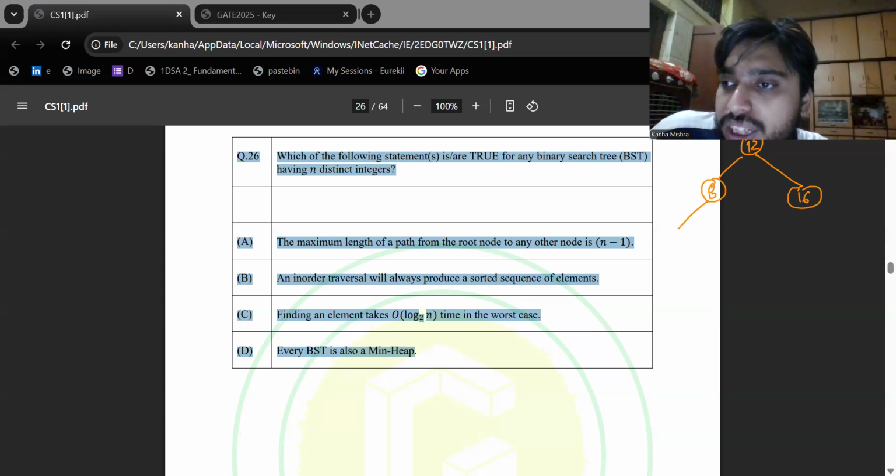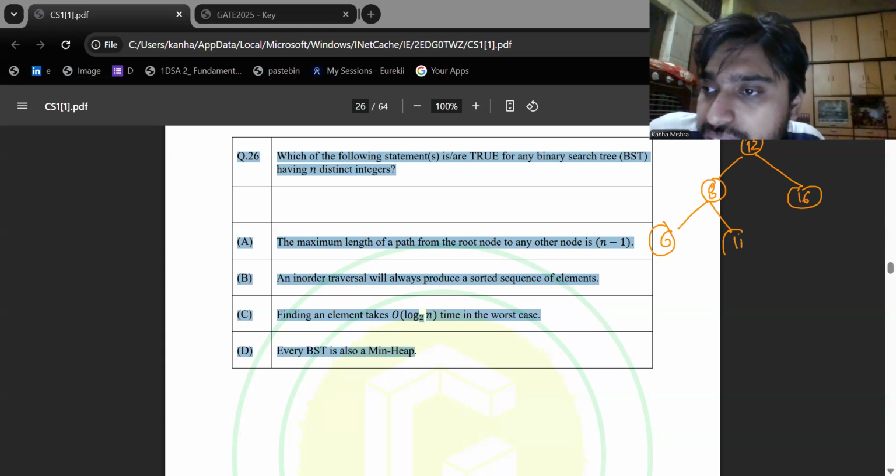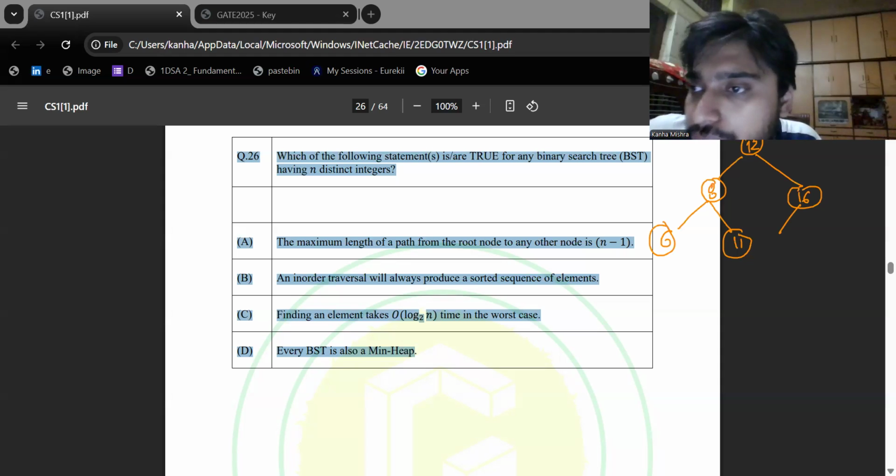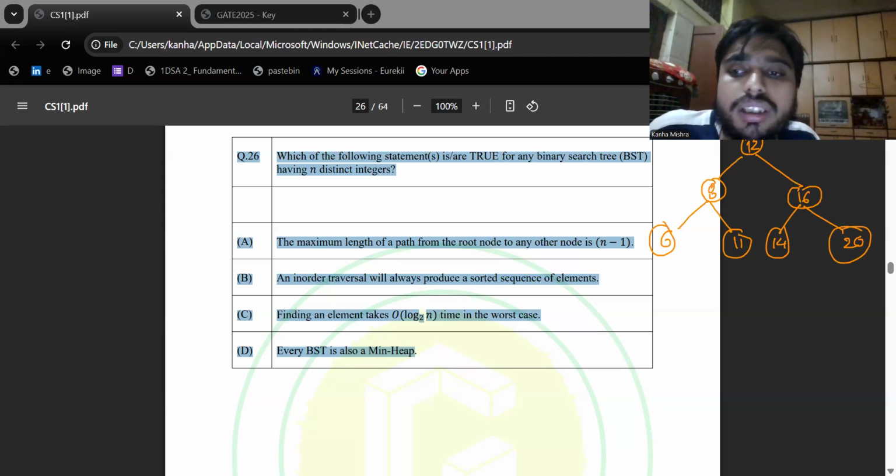So the left side will have a value less than 8, which is let's say 6. And the right side will have a value greater than 8 but less than 12, because actually it is part of the left of 12. So 11 is valid. If I try putting 13, then it is not. 16's left will have a value less than 16 but greater than 12, so it will be 14 for example, and a bigger value, let's say 20. So this is a BST, and